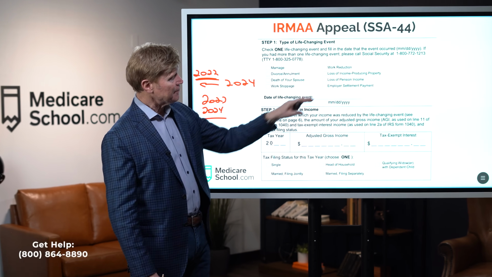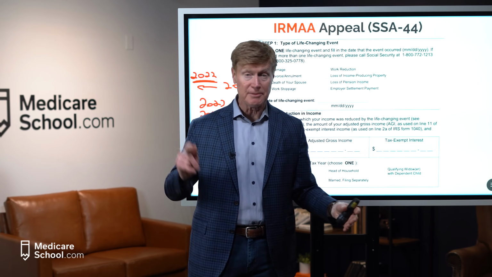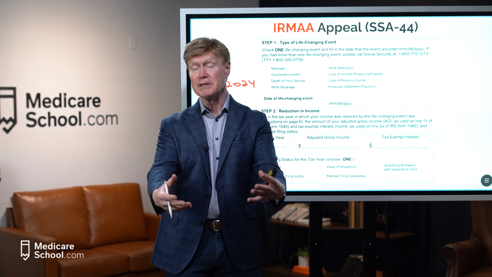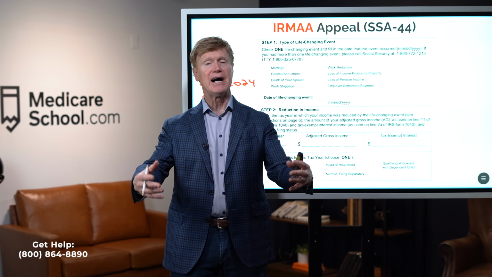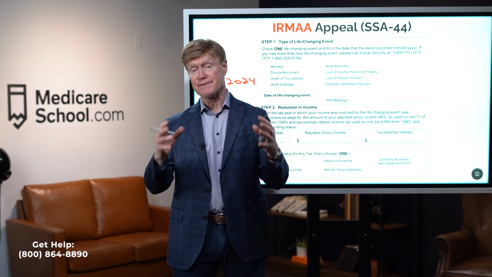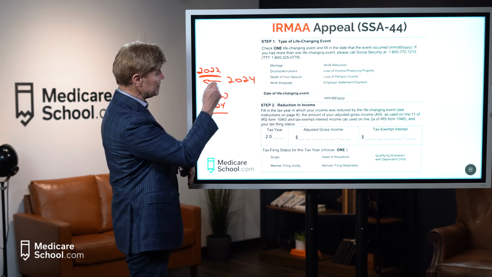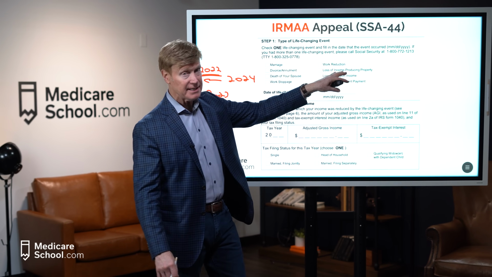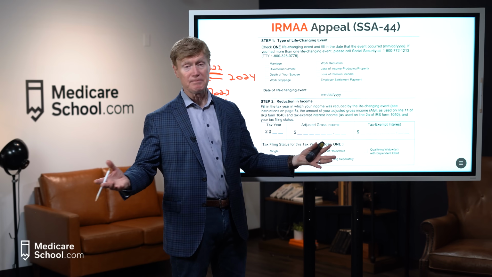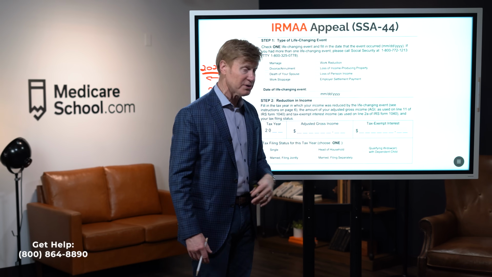Now I want to clarify real quickly, loss of income producing property doesn't mean you own something, sold it, and took a loss. It means that that property is no longer producing any income for you because it's gone. It burned up in a fire, or it slid down a mudslide. So we have to have proof of insurance that happened. But again, it's no longer giving you the income that you had in 2022, and so that would be an appealable offense. Loss of pension, the pension that you were receiving, maybe it went bankrupt. You're no longer getting that money any longer, so that certainly has affected your income. Same thing with employer settlement payment.